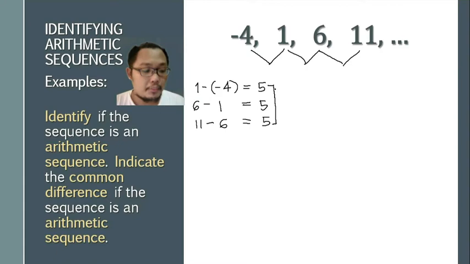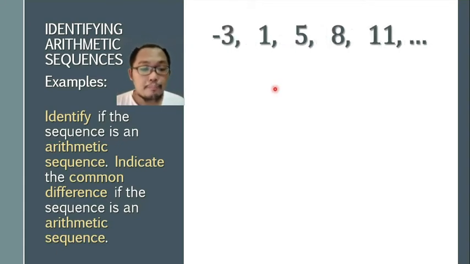So let us move on to the next. Here we need to check whether this suggests an arithmetic sequence. Just like our previous example, we need to know first whether the differences between the pairs of consecutive terms are all the same. With that, we say if there is a common difference, then this is an arithmetic